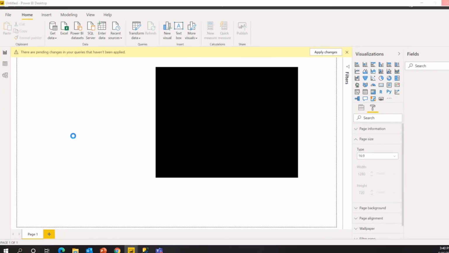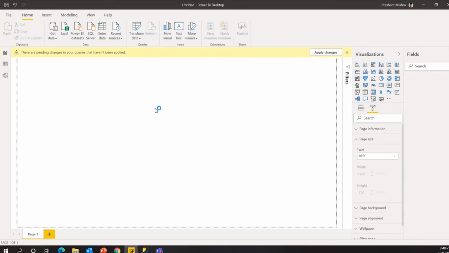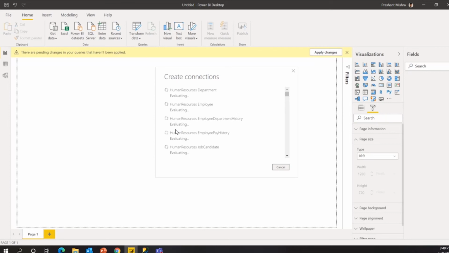When this tries to load the data, you will see this message: there are pending changes in your queries that have not been applied. And not only at this time, sometimes when somebody is making a change in the data underneath, you will also get this warning. You have to click on apply changes, and those changes will be applied on the reports or charts that you are using on your dashboard.